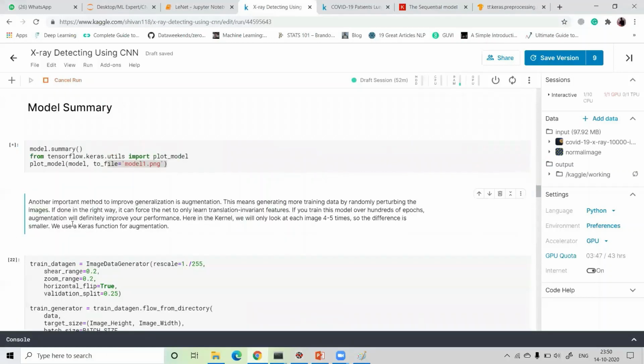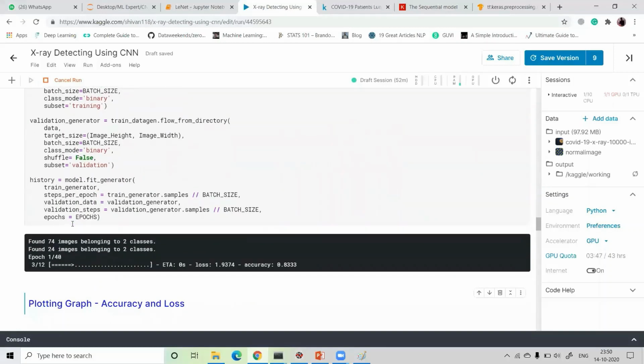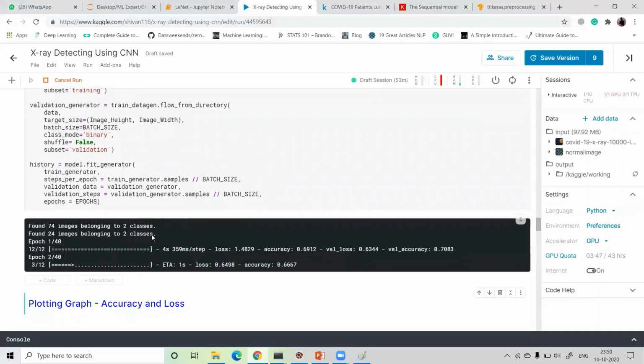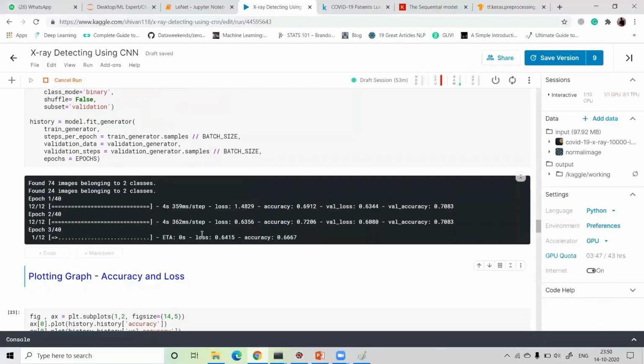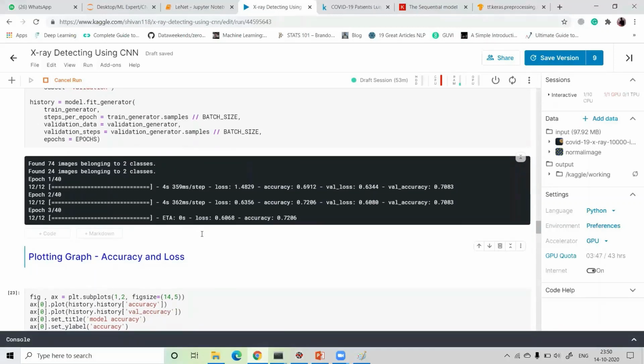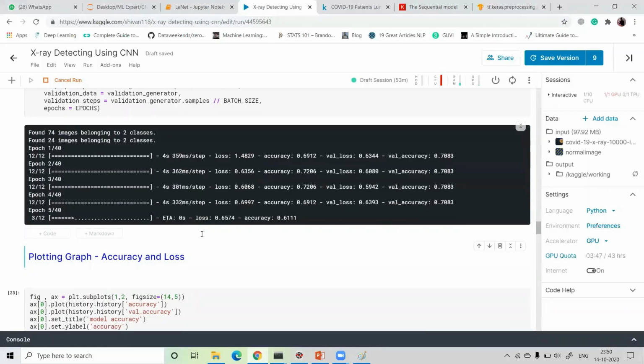So I just try to change our epoch size to 40, and I just run again. It takes some time, guys, but just okay. I just take 40 epochs. Let's see how much time it takes. Approx 1 minute it takes, and then I just see our accuracy and loss again. So our fourth epoch is completed. It takes 1 minute, guys.